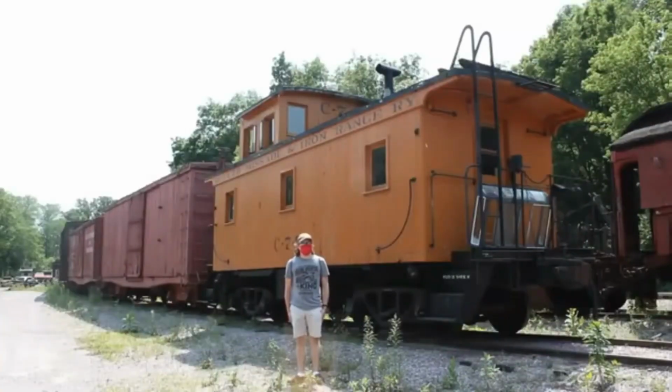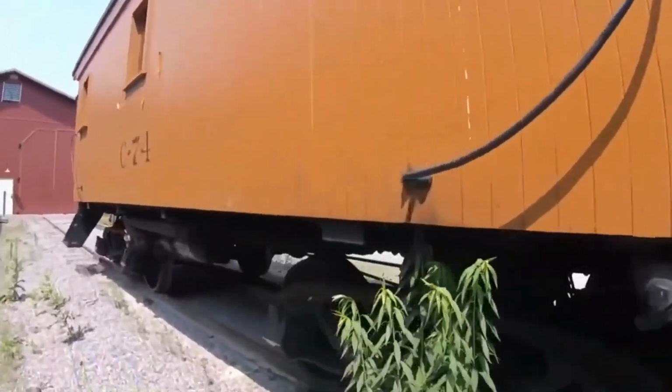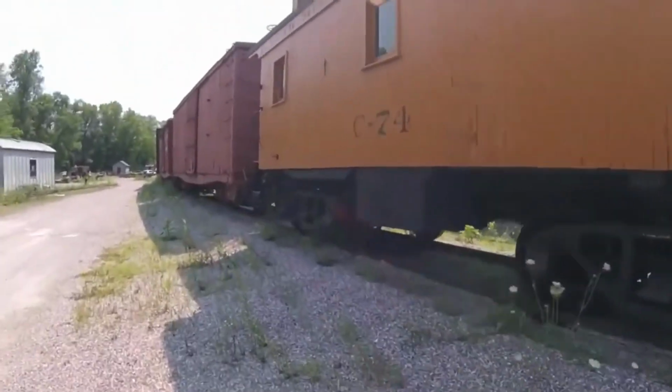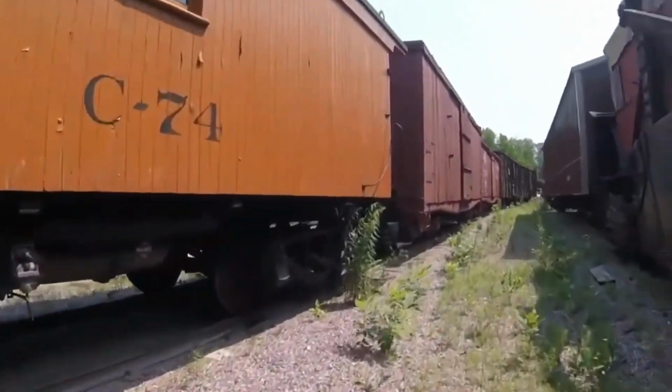What you see right behind me is Duluth, Mesabi, and Iron Range C-74. Duluth, Mesabi, and Iron Range C-74 was built by the Duluth, Minnesota Northern Railroad in 1924 and is a wooden caboose. Originally, this caboose was built for the Duluth, Minnesota Northern Railroad as Duluth, Minnesota and Northern C-74 and was